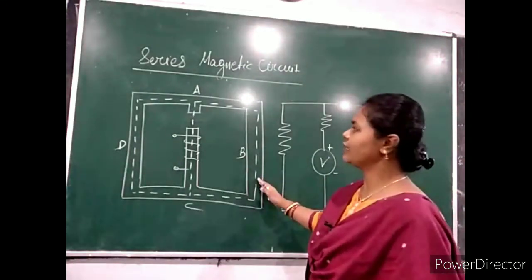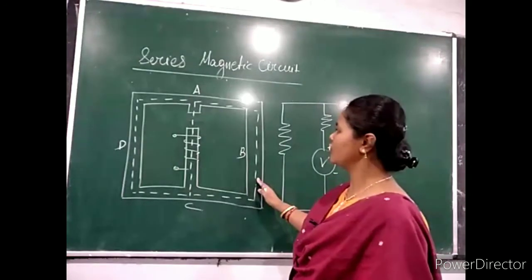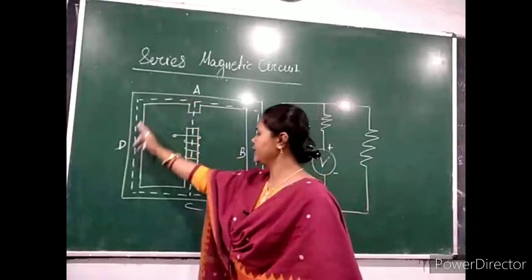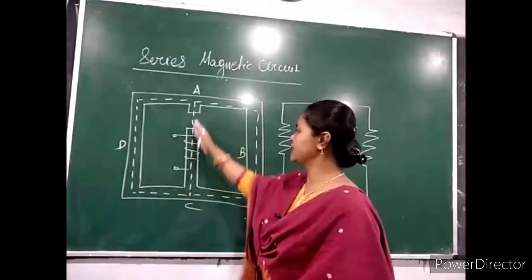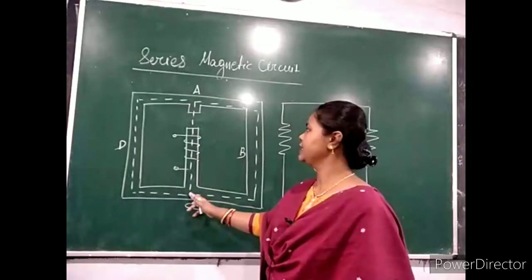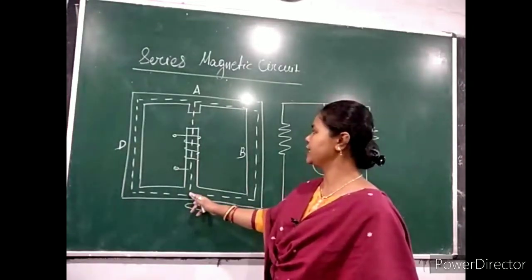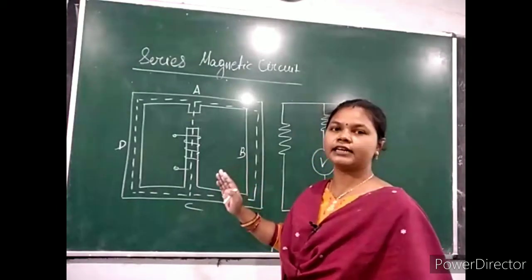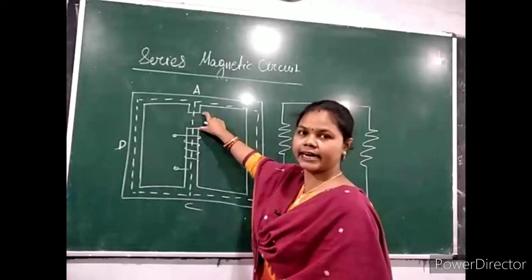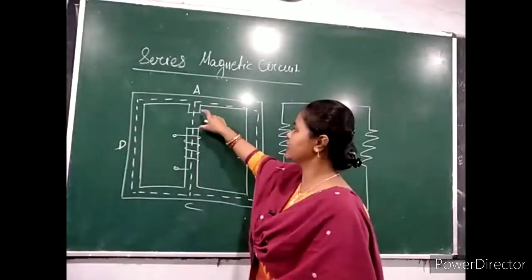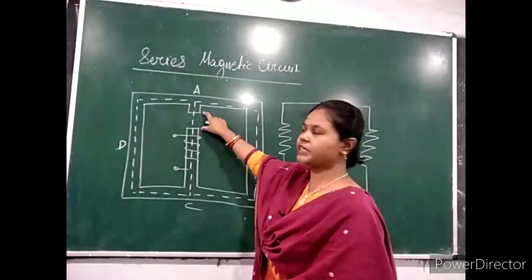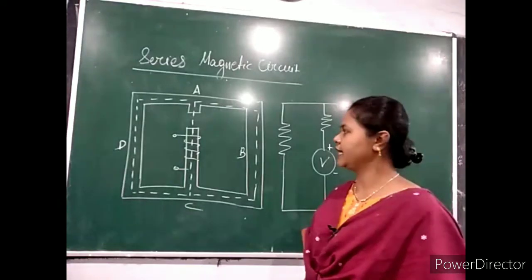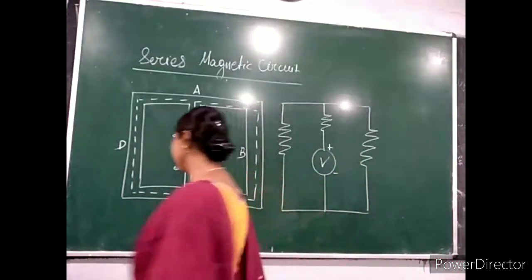Here the total reluctance is the reluctance of these two paths, ABC and ADC, and the reluctance of the central limb. Here the reluctance of the central limb is almost negligible. We only consider the reluctance of this air gap. Clear? We only consider the reluctance of the air gap. The central limb reluctance is assumed to be 0 or negligible. So in this case the total reluctance is